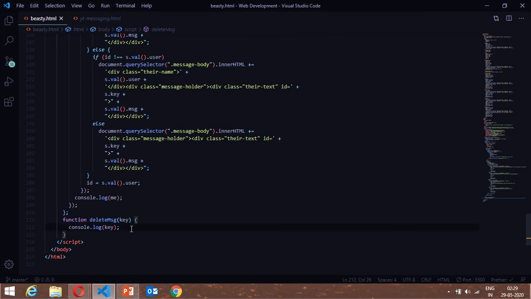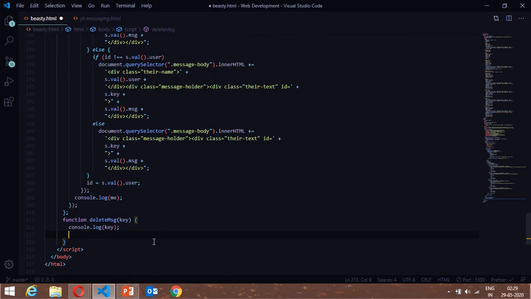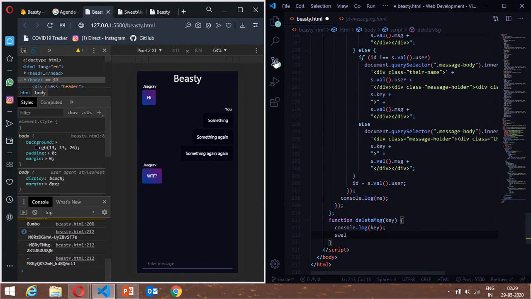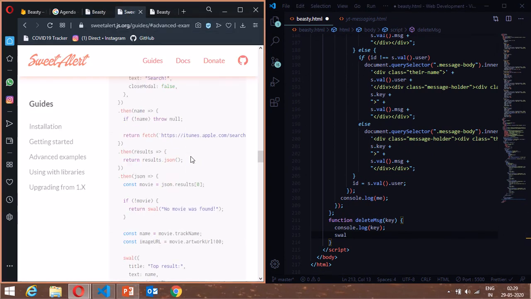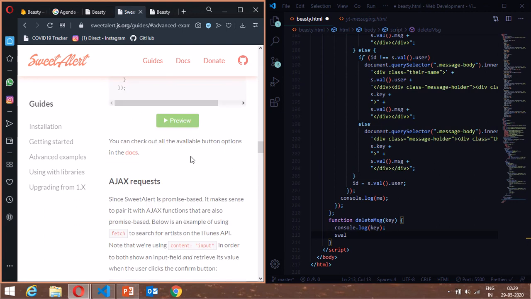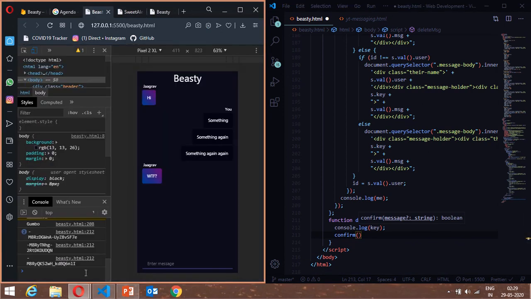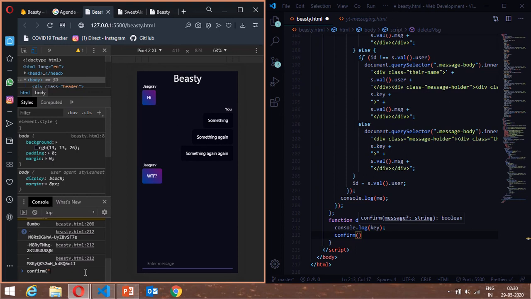Okay, we don't want to delete the user side message. And then after this, what we're going to do is we'll use swal again. Okay, and yeah, now we can bring it over here, and now we're going to put in something like yes or no. Like, you probably know that confirm. If we use that kind of alert over here, if I put in confirm over here and put in a message